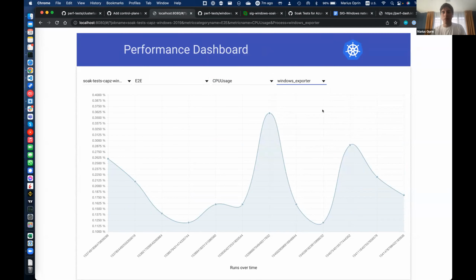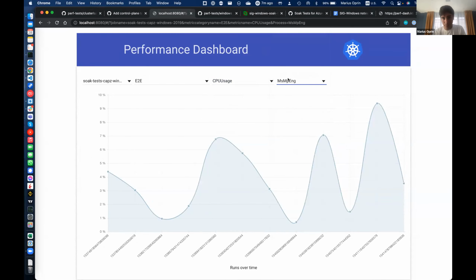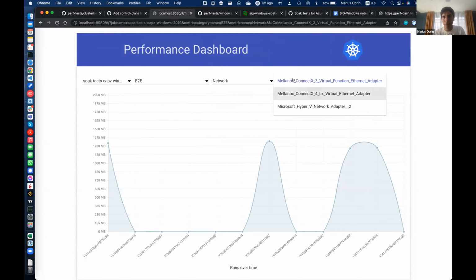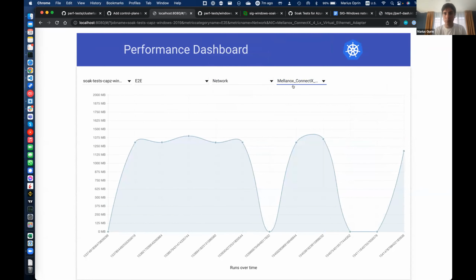We can see the CPU usage for every process that it's running during the test. We can see memory usage, the same for every process that it's running. We can see the network traffic for the interfaces that are running on the Windows nodes.